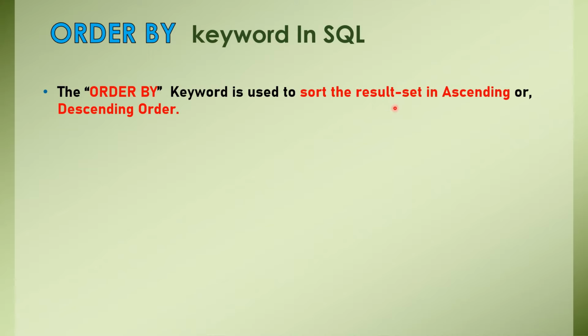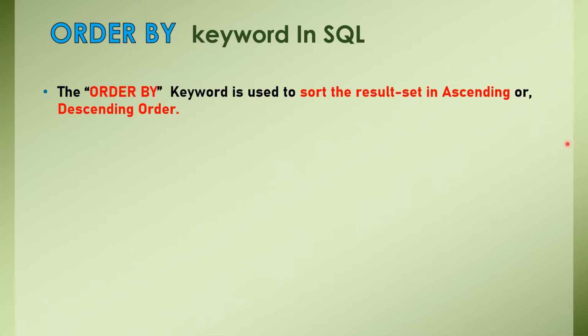So whenever there is a requirement for you to sort some data, sort the required rows or sort the input table in ascending or descending order, then only you need to use the ORDER BY keyword. Okay, so I'm repeating again, whenever you are given an input table and you need to sort it according to the business requirement, that is in ascending order or descending order, then only you need to use the ORDER BY keyword. Okay, so it's really interesting, right? It is one of the most important commands in SQL.